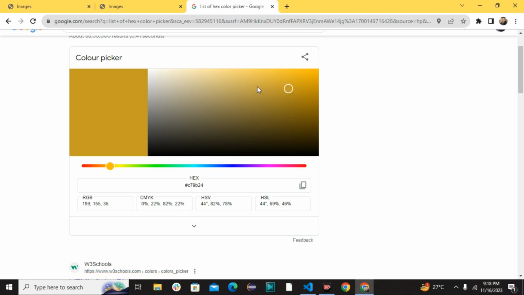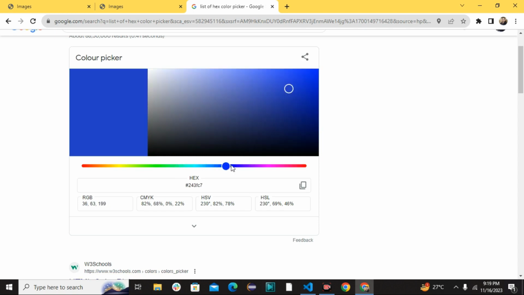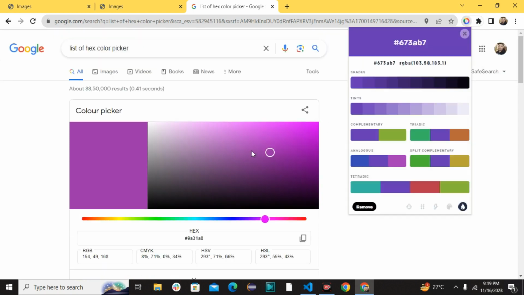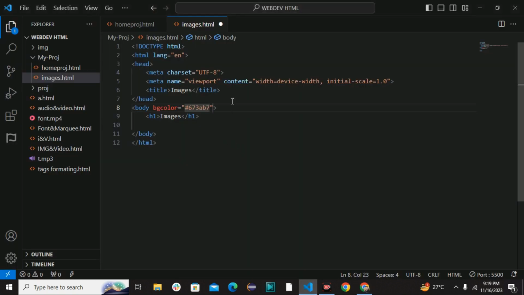This color. I want to give this color. This is the color picker. Copy the hex code, paste here. Okay,